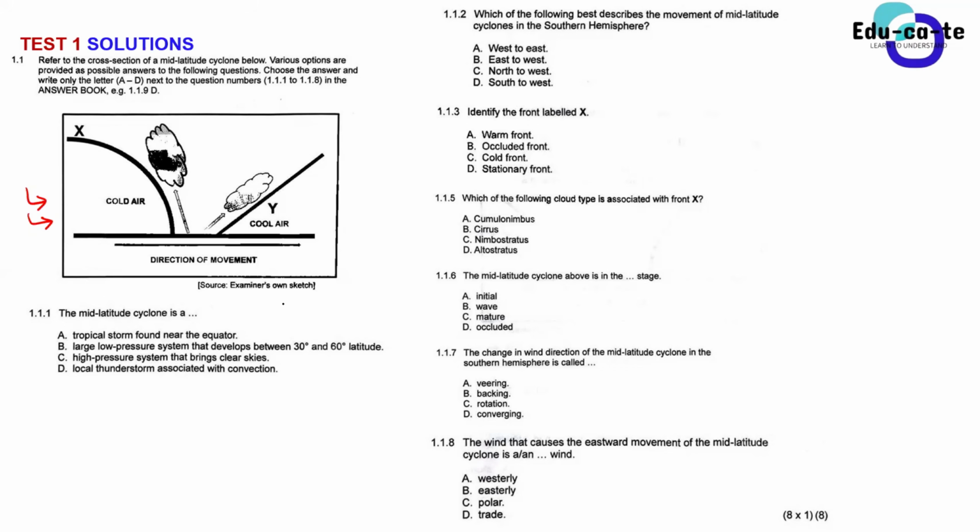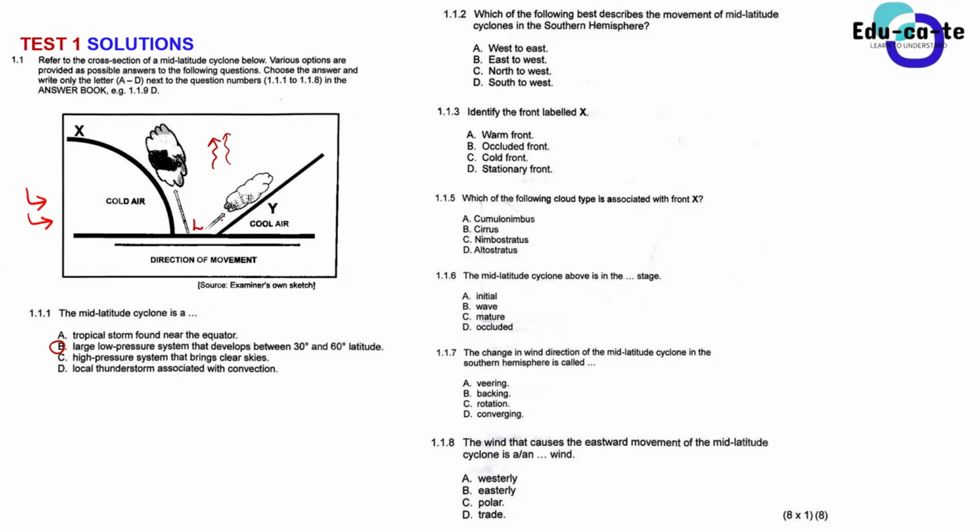1.1.1. B. Yes, guys, a mid-latitude cyclone, we need to remember that a mid-latitude cyclone is a low pressure system because it is associated with warm rising air. Especially at the warm sector, you need to know that there is always warm rising air that actually creates a low pressure.